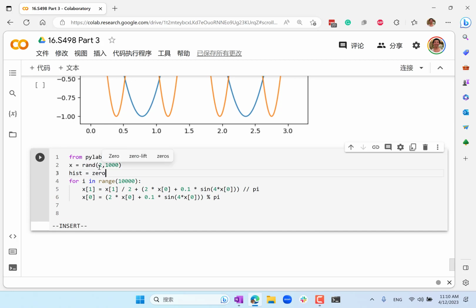So let's say we initialize the histogram with a bunch of zeros. Let's make a 200 by 200 array storing the histogram. After every iteration, we say histogram plus equals histogram 2D. So the histogram would have the first dimension, I want the first dimension to be the stable dimension, and the second dimension, the horizontal dimension, being the unstable dimension. So the vertical dimension is the stable one, x1. The horizontal dimension would be the unstable dimension, and